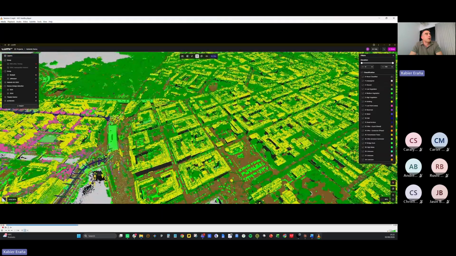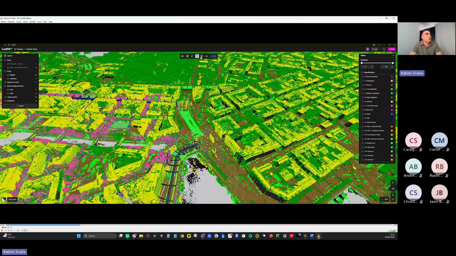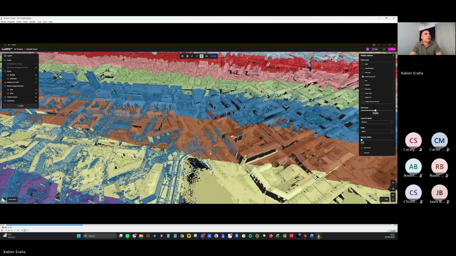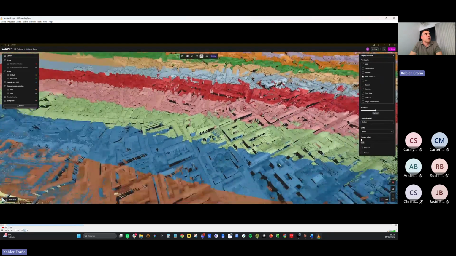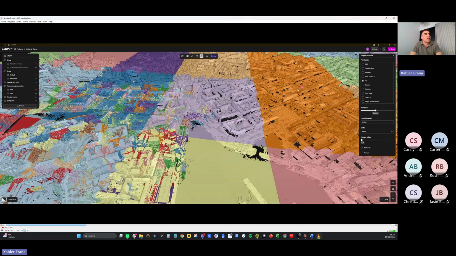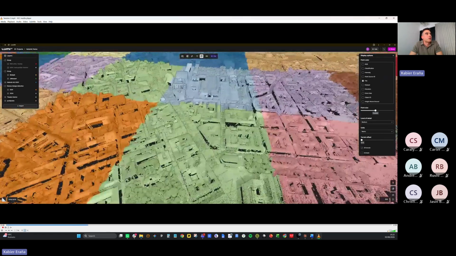I toggled on everything again. There we see the mobile mapping data with a bunch of far more different classes. I go back to intensity. We have the flight line information or drive passes. If we talk about mobile mapping data, we do have the tiles also, 500 meters times 500 meters.